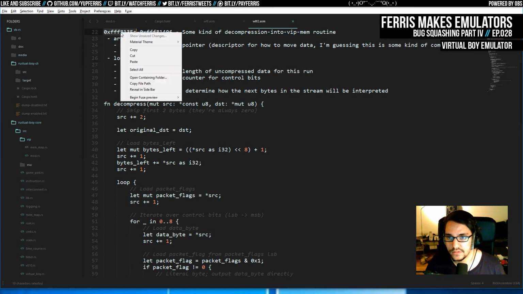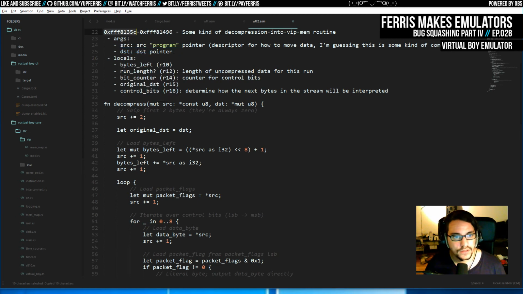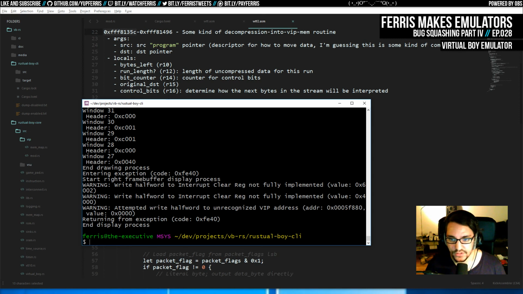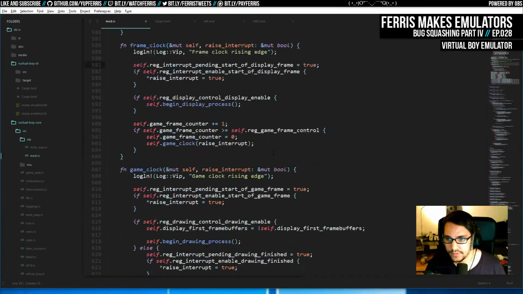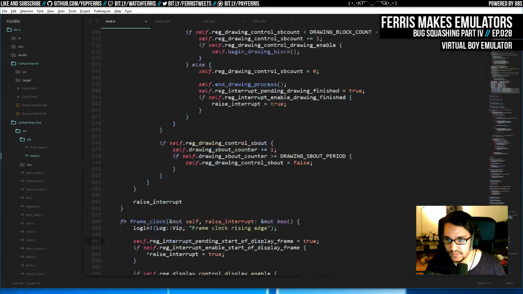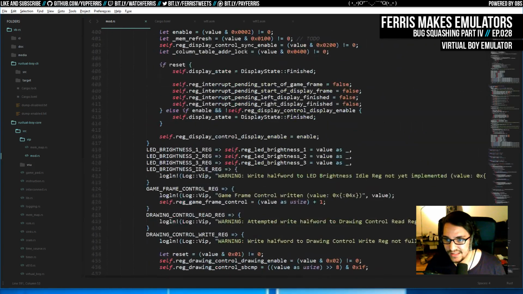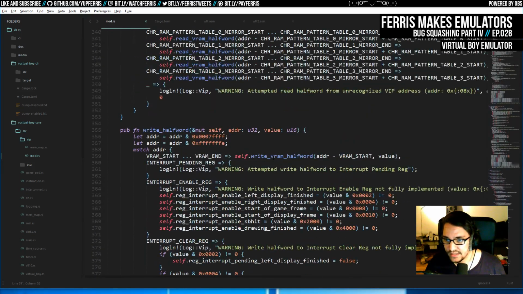I think I just need to set up some breakpoints in the debugger and see if we can get this to trigger. I also want it to print out all this stuff as it's reading or writing registers. I want to go into the VIP and just print anything we can print, because I want to see